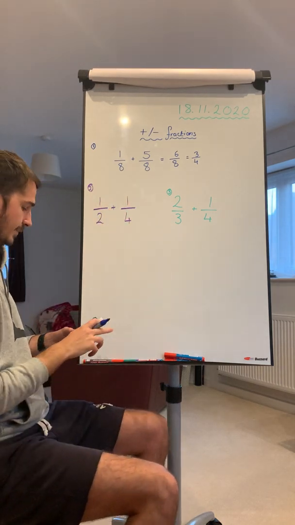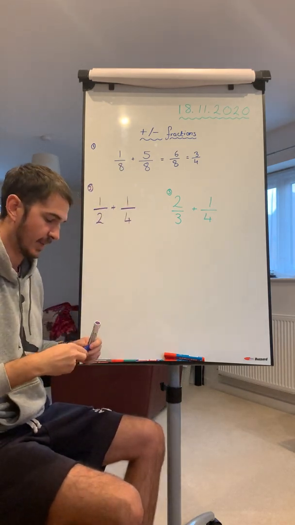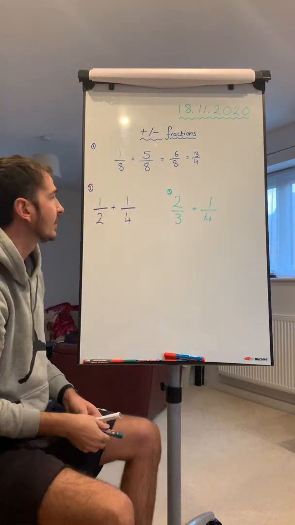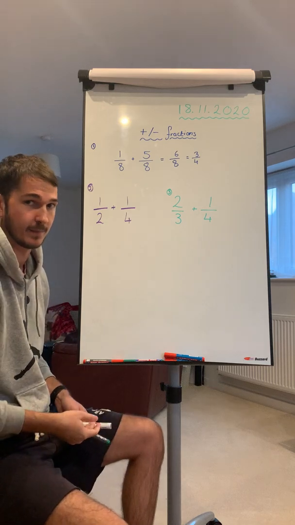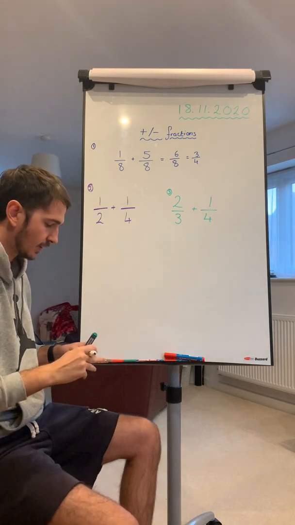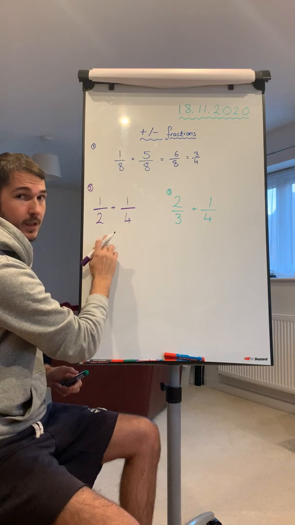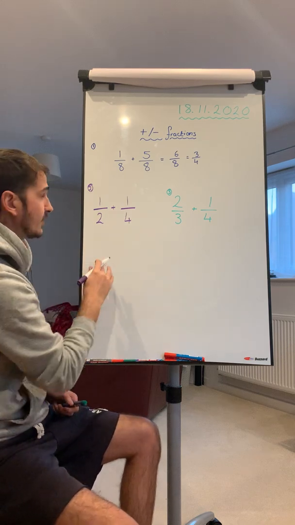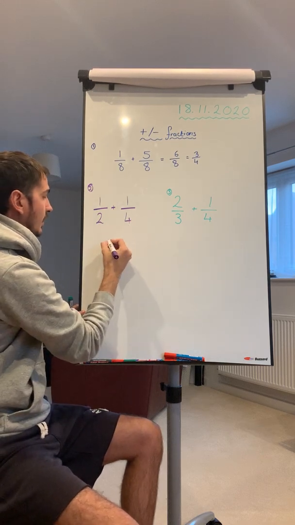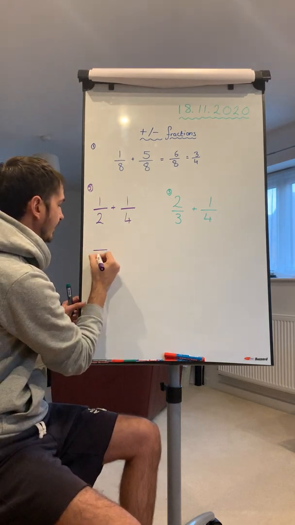That's the important part. Okay, here's where it gets slightly trickier, when my denominators are different, okay? But what we want to try and achieve is we want to try and make them the same, okay? Now, second column, first of all, you might notice a relationship between these two numbers. Okay, hopefully you're going to notice that 2 goes into 4, okay? So my new denominator, my lowest common denominator, can be 4,